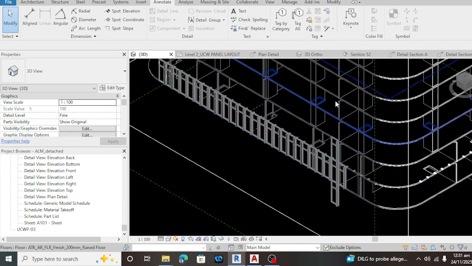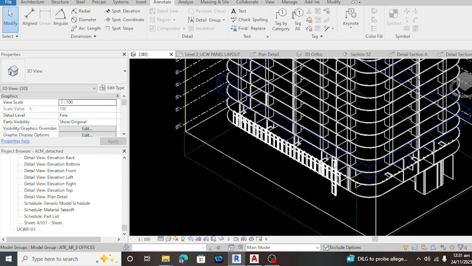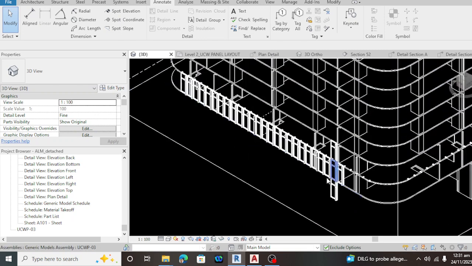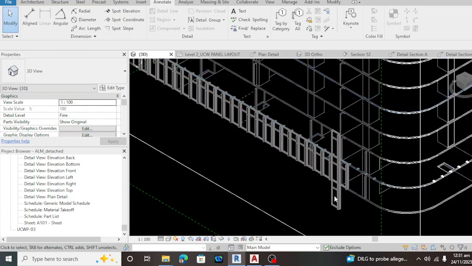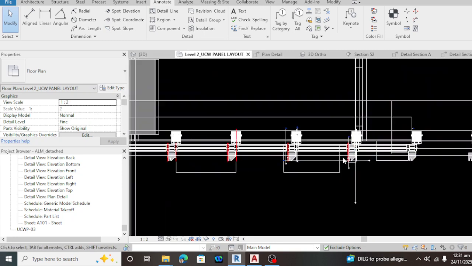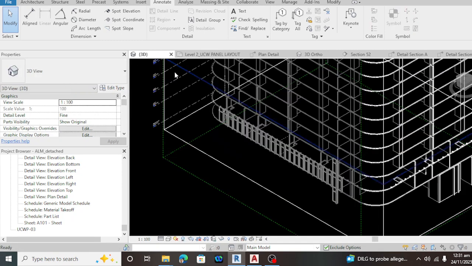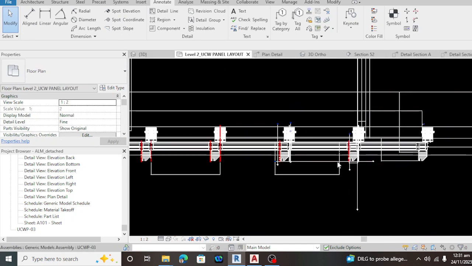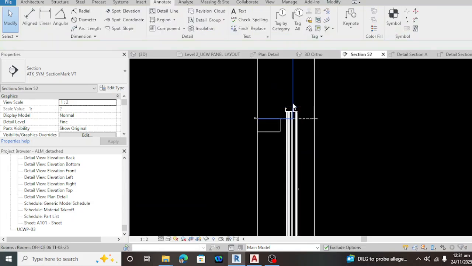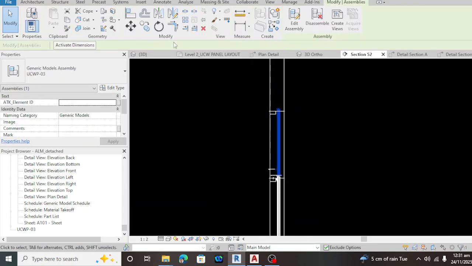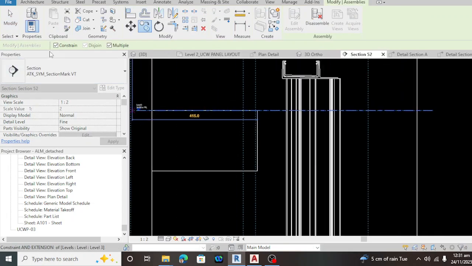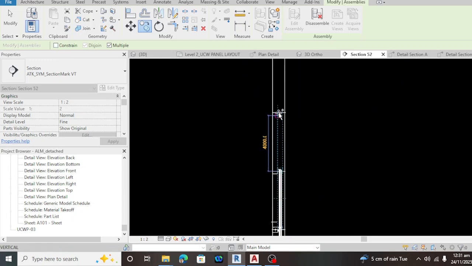How about on the section? Let's finish the panel on this section. Let's go to the section. Let's go to the panel. It's on the second panel, right? Oh, second panel. Let's go here. Let's copy another. Copy it on the slab. And let's see how fast.